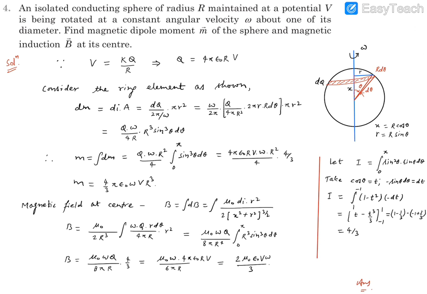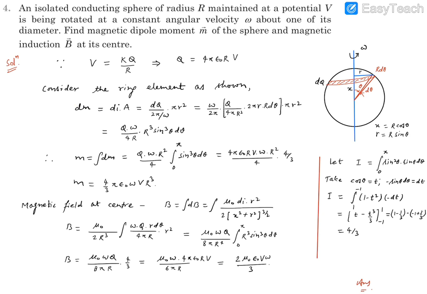Now look at this triangle. From this triangle, you can find small r is going to be capital R sine theta. So if you cube it, it's going to be capital R cube sine cube theta. A little bit of calculation, but it can be followed. Now if you look at this calculation carefully, this is going to be a function of theta alone that can be integrated. Now this is a vector quantity, so we need to talk about the direction.